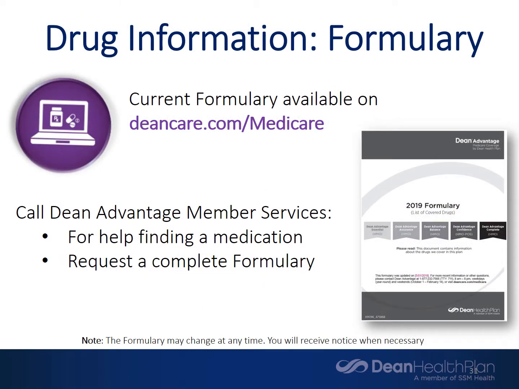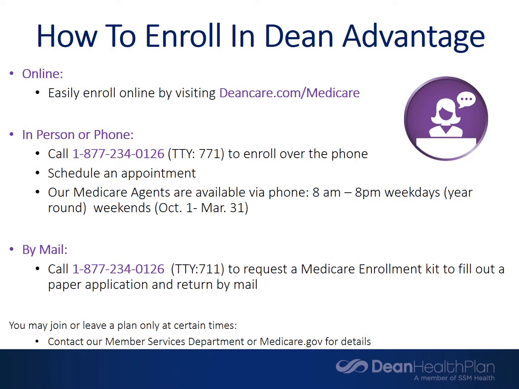Before making a final decision on what best fits your needs, you should make sure your medications are covered under our plan. Our prescription drug formulary is available online at deancare.com/Medicare. You can also call our member services for help in looking up your medications. The member services number is 1-877-232-7566. You can enroll in one of Dean's Medicare Advantage plans anytime between October 15th and December 7th for coverage